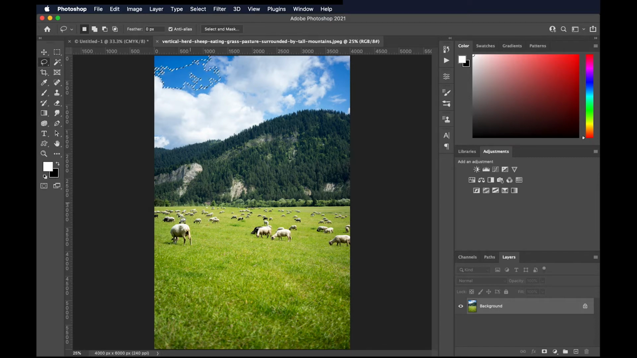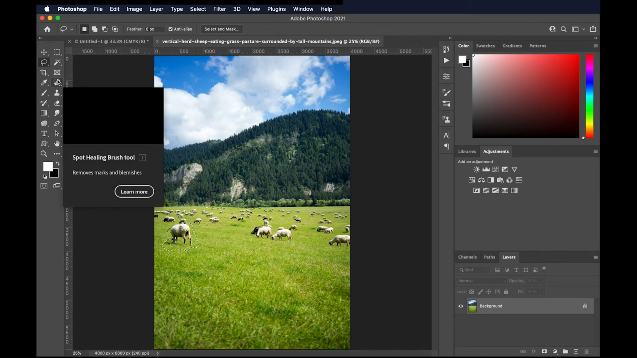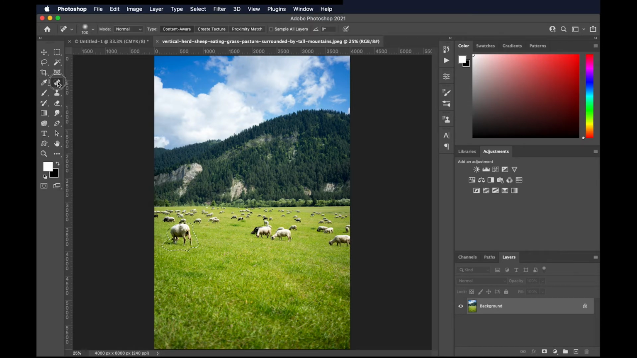Then last but not least, your lasso tool, which allows you to create your own selection, like so. Now that I have this selected, I'm just going to use my content aware tool by going to where the spot healing brush is, and I'm just going to hold this down and select content aware. Right now I have the mode set on move, and if I just move this over here,